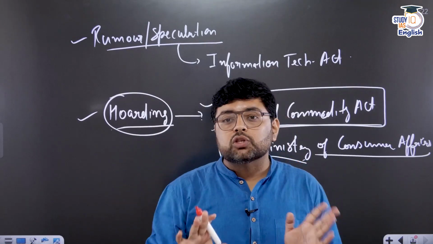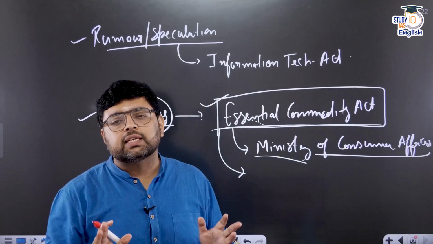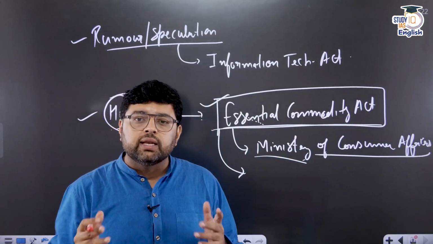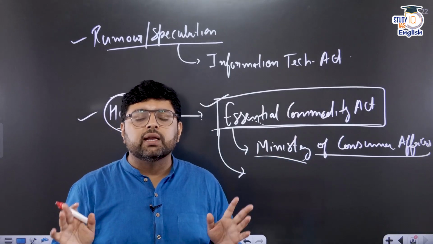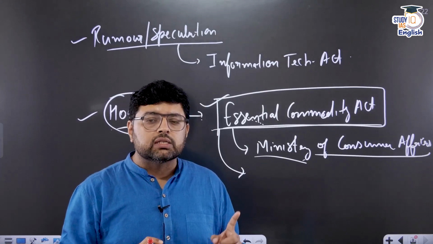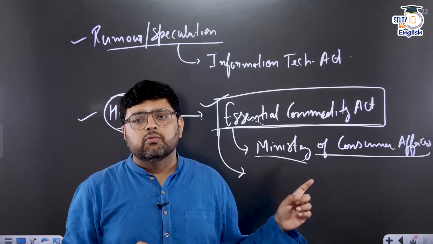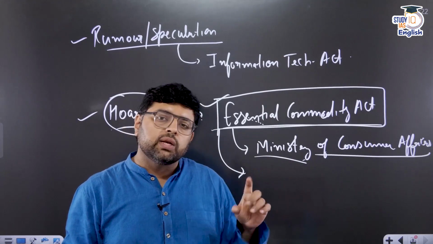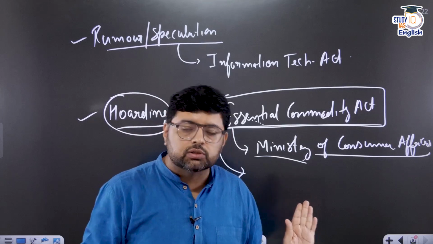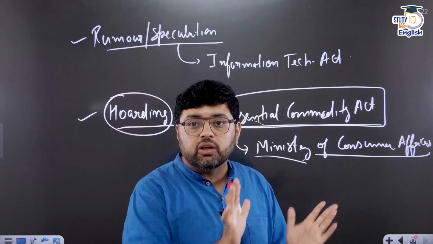Now this can be a possible prelims question, that essential commodities can be stored up to any limit, or any quantity can be stored. So you have to tell that if anyone is storing the essential commodities, they have to take the permission. Once permission is given for how much quantity they can store, only that can be stored. Clear? So this is what you can expect in prelims. This is your conceptual clarity of the law.